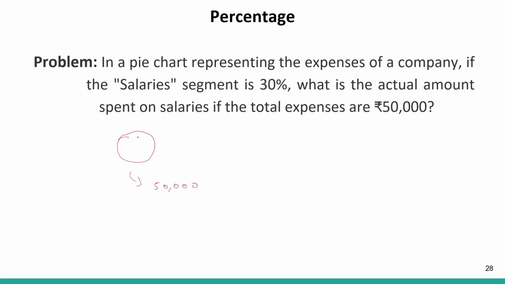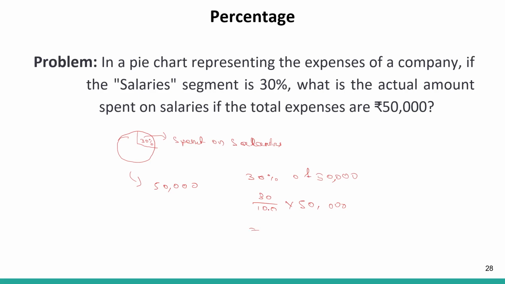And what you have is, you have a 30% slice. Okay, so this much amount is spent on salaries. Okay, so how much is 30% of 50,000? The question is asked here. So 30 by 100 into 50,000